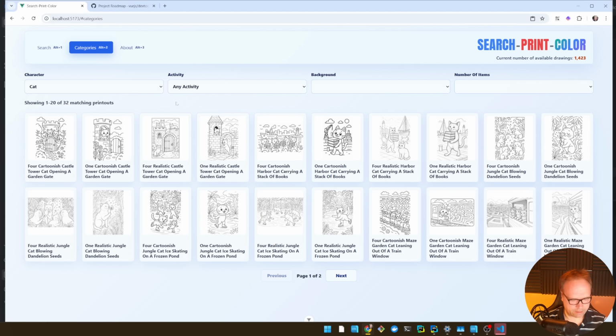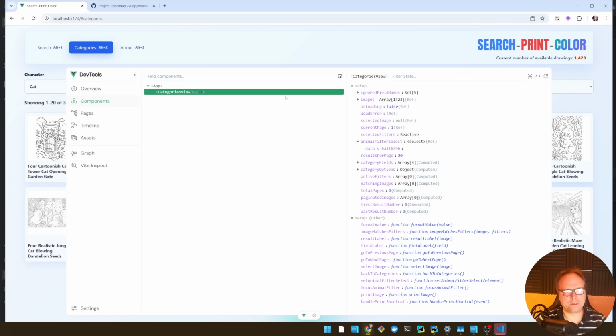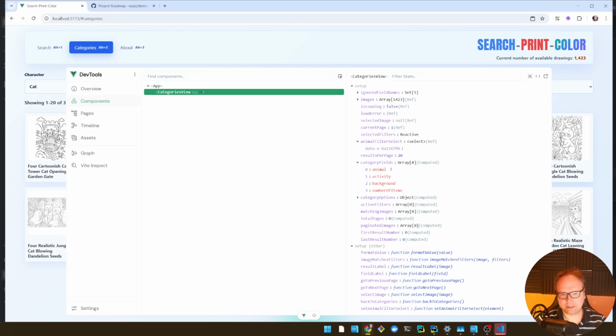Except for cat. So then I press Alt Shift D again. Then I can go to my categories view right here, and then I can look at the category field right here. So here I can see there are actually 4 categories. Animal. We actually have 4 different drop-down types: animal, activity, background, and number of items, and all of these are variables that I'm setting inside